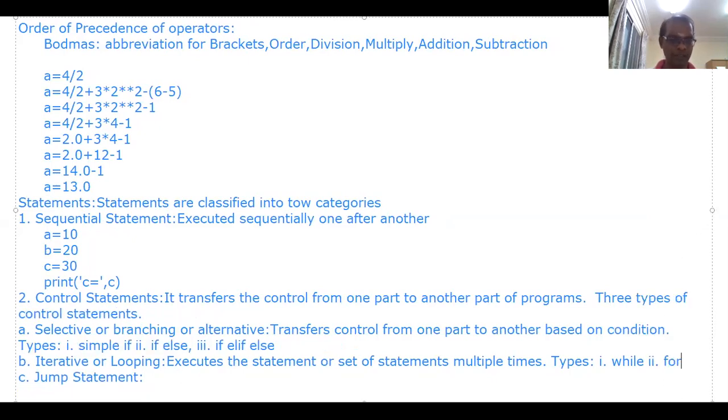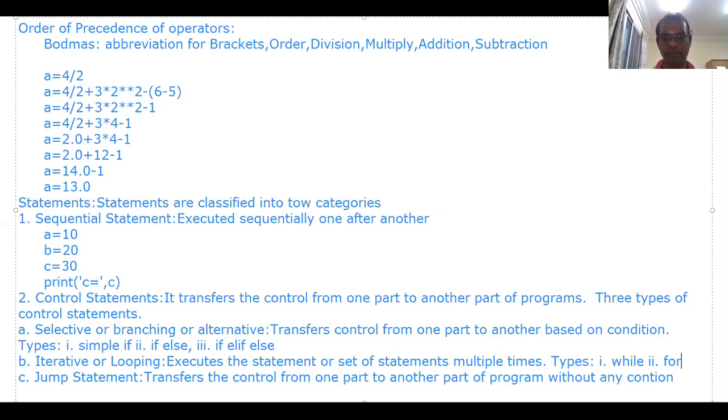At last, jump statements. They transfer the control from one part of the program to another part without any condition.